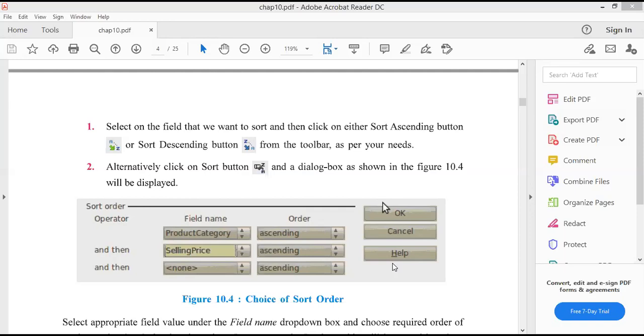Reports: the output of the queries is always shown in the report format. We can also create the report as per our requirement. But in this chapter, we are going to see what a table is, how to insert a record, how to delete a record, how to edit a record, how to maintain that record. We are working with the supplier table. Now I will enter the record. Supplier name, suppose we are entering